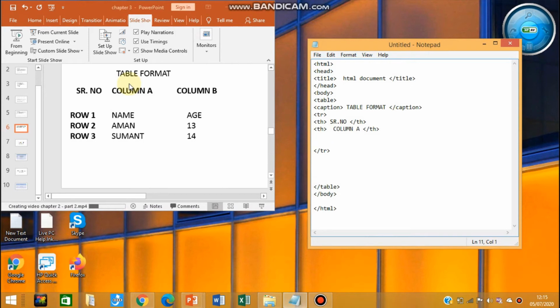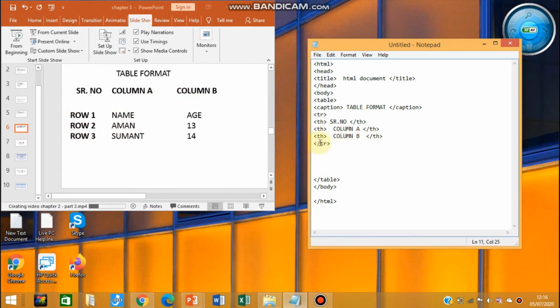Then the next content in the first row is column B. That is also a heading, so I will write Column B in caps. This is the next content of the first row, and you also have to close it. Now the content of the first row is done.